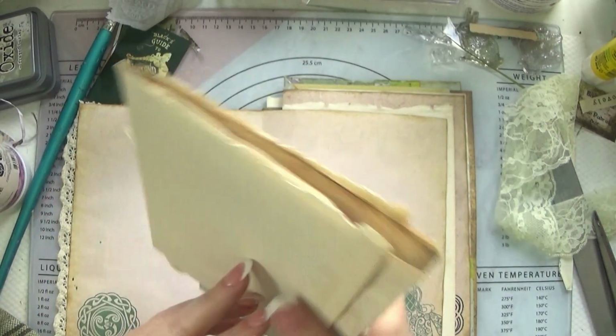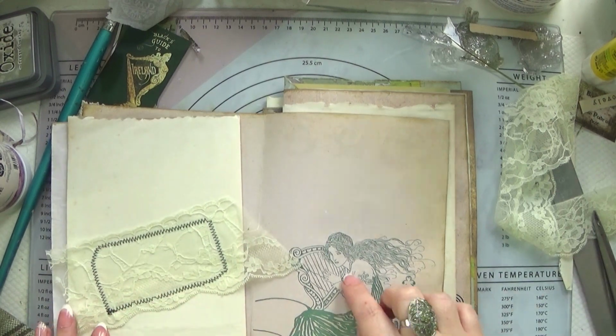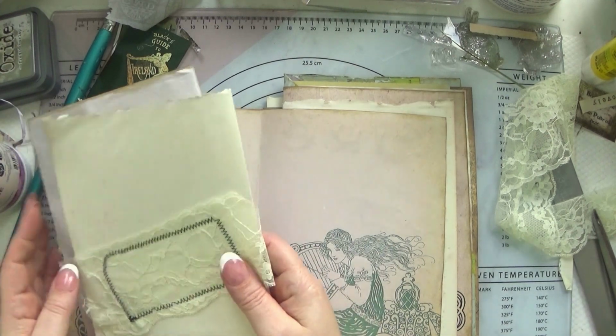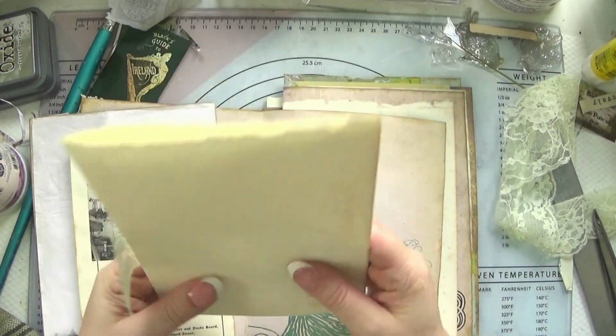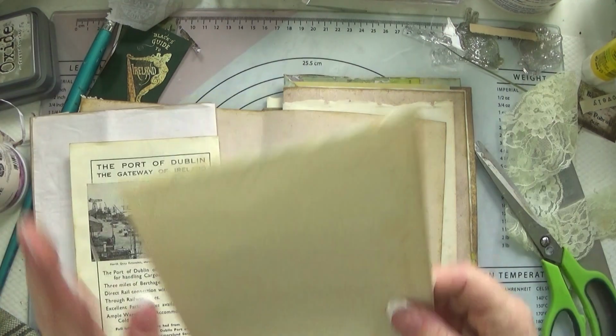So it's on this leaf rather than on this leaf, okay? And the reason I did that was because we're going to be able to see this lady through when we're done, okay? So I have my lace sewed on there. Just wondering, do I want to leave that coming across? I don't. So I'm going to cut that off. Okay. Now,